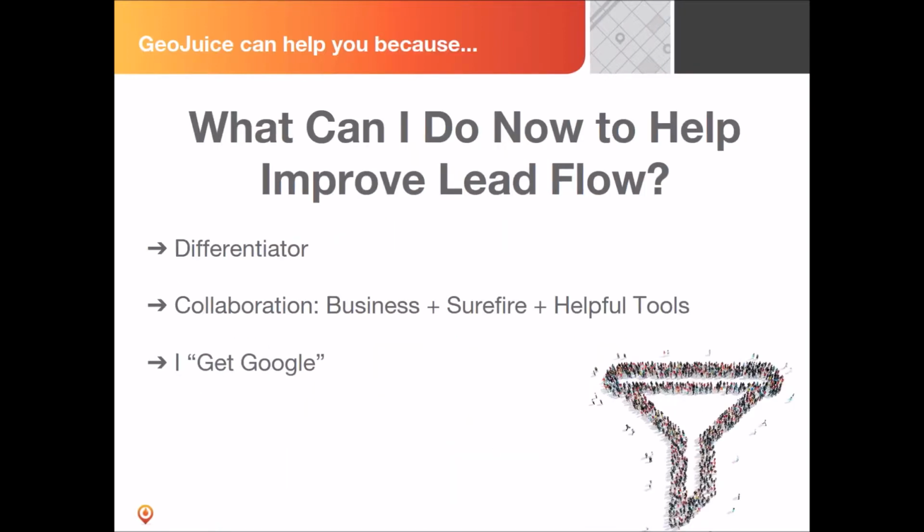And then, it is something that can help you with lead flow based on what it's doing for your search engine visibility. It's a differentiator for you as a business, if your competition is not doing this, meaning using a tool like GeoJuice to create content and to create visibility,